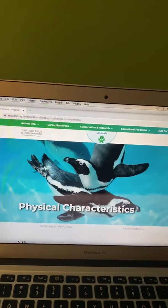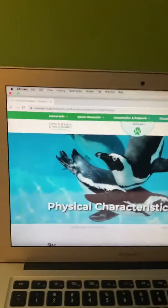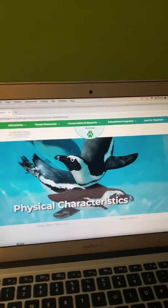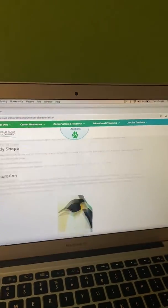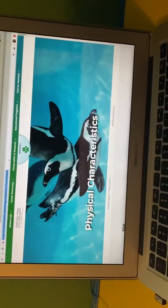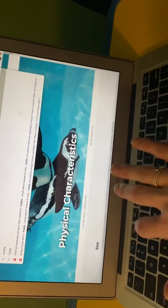Okay, before I go over the answers to today's science questions about my Galapagos penguin, I wanted to point out, if you're having trouble figuring something out, a really good resource is Kiddle. So I actually found this website all about penguins, and it really tells me quite a bit about them. But here's how I got here. So instead of searching on Google, when sometimes third graders can come across things that we don't want you to come across, we can go to something called Kiddle,